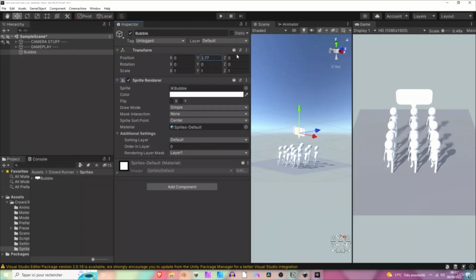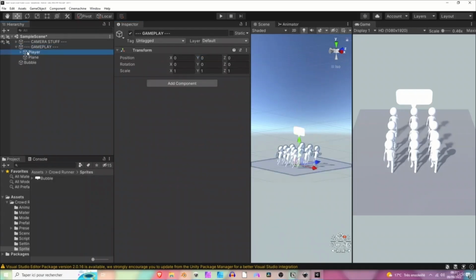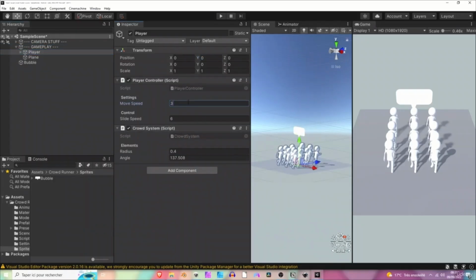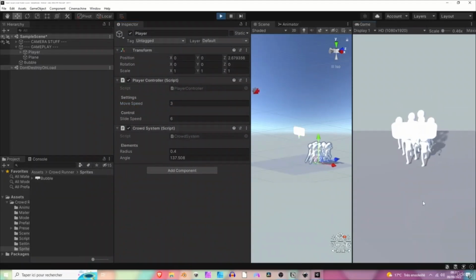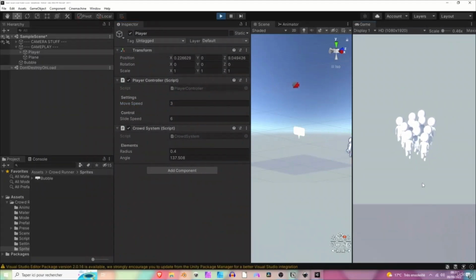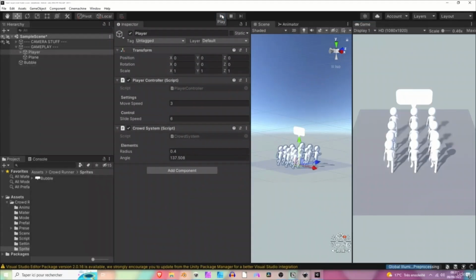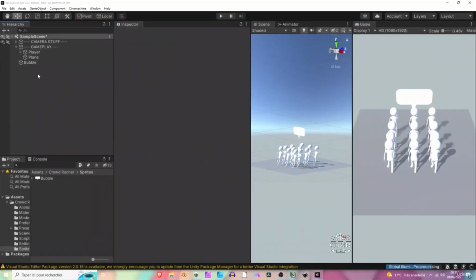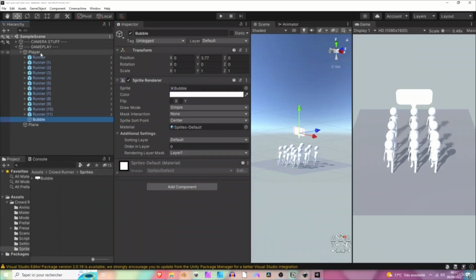Perfect. So now we want this bubble first to be smaller, but to follow the player wherever it goes. So for now, you can see that if I hit play, like if the player was moving and I hit play, the bubble is not following the player. So we have to do something for it to follow the player. The easiest thing to do is to grab the bubble and drop it as a child of the player. So now if I hit play,